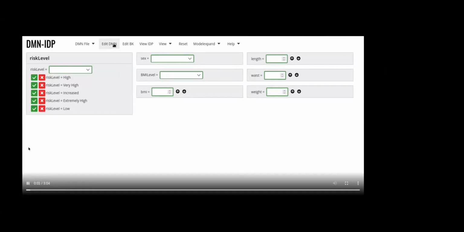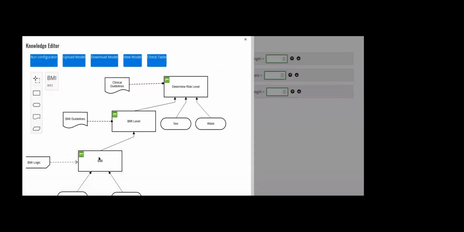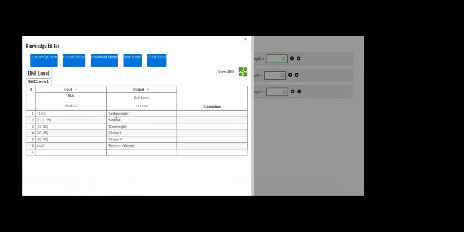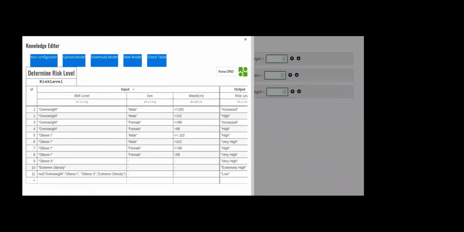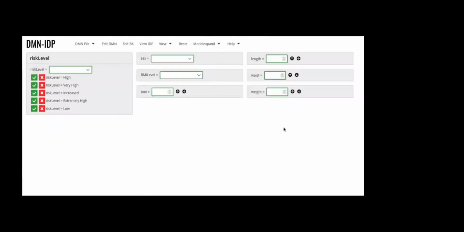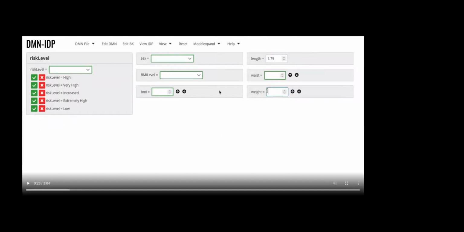All right, this is DMN-IDP. It's a bit small, I apologize. So on the one hand, in our web browser, we have a nice DMN editor, which is just a box standard DMN editor, which allows us to edit our tables ourselves. But then we get to the DMN interface. So now the DMN model has been translated into IDP code already, and it's hidden here under view IDP. I don't know if I actually show it in the demonstration. And it's this IDP code that the interface actually runs on.